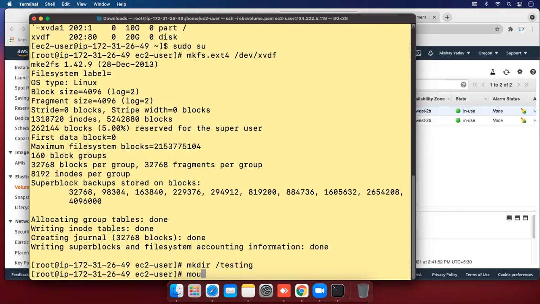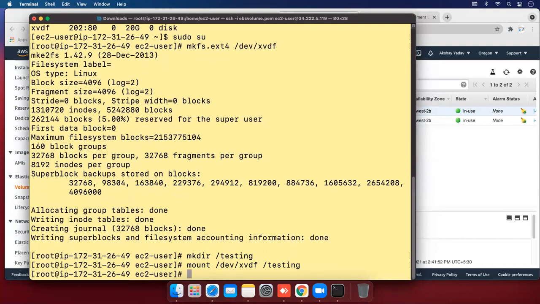Let's mount this disk: mount, and the disk name /dev/xvdf, and the mounting point is /testing, hit enter. So our disk is successfully mounted.